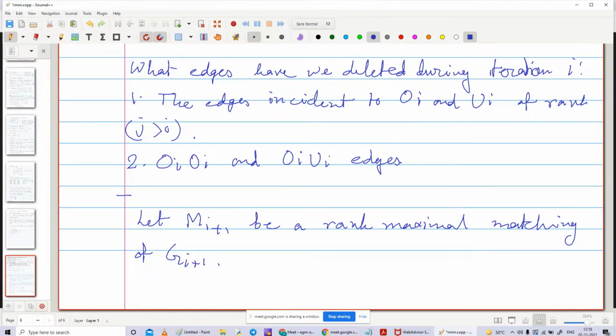So one thing before I go: you understand the meaning of Mi plus 1 being a rank maximal matching of Gi plus 1. So I'm saying if we just take the subset of G where we don't take any edges over the rank i plus 1, so we just take only the edges of rank i plus 1 or less, then Mi plus 1 is a rank maximal matching of that particular graph. Then we claim that